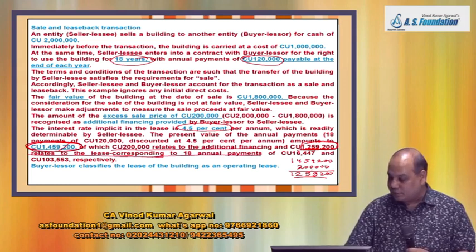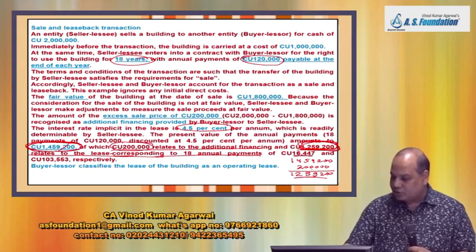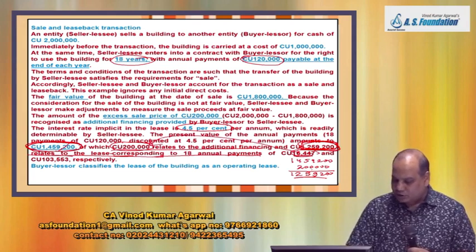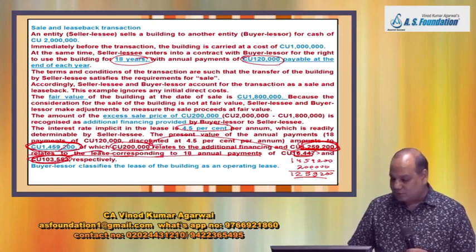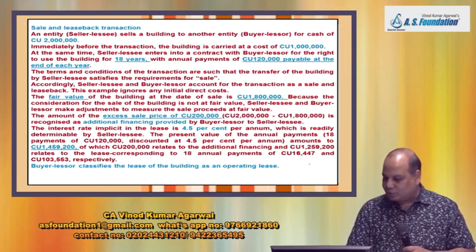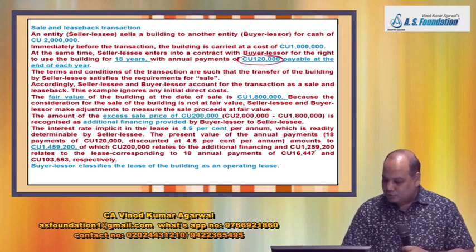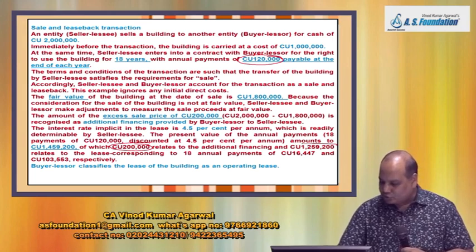Now they have divided this annual payment into two parts. 16,447 is the installment towards additional finance and 1,03,553 is the installment towards lease. How did they reach this magic number? Can you guess? Simply, you apportion this figure 1,20,000 in the ratio of 2 lakh is to